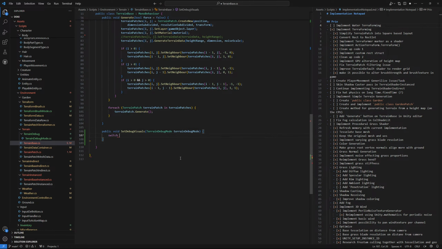And now let's just do it like terrain debug mode, and then we do